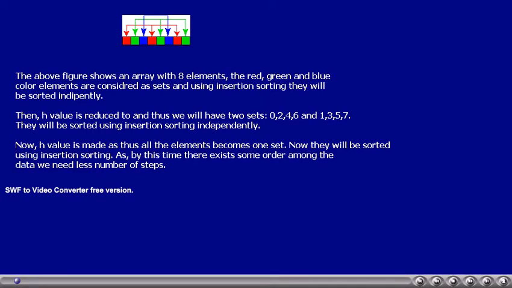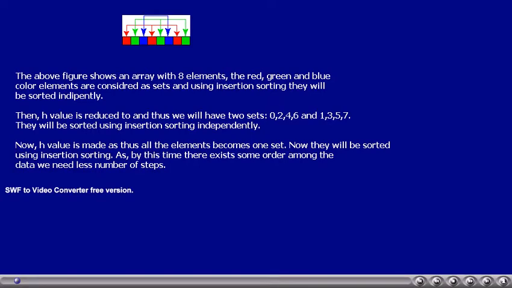Now if the second one is still smaller than the first red color one, they will be exchanged again. Like that, the values at all the 3 red color locations will be sorted in ascending order. The same is applied on the green color ones and blue color ones also.